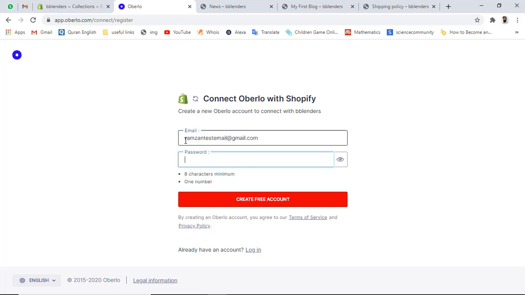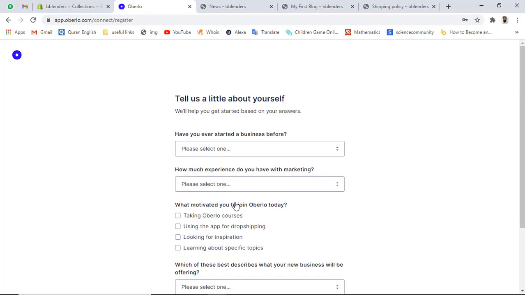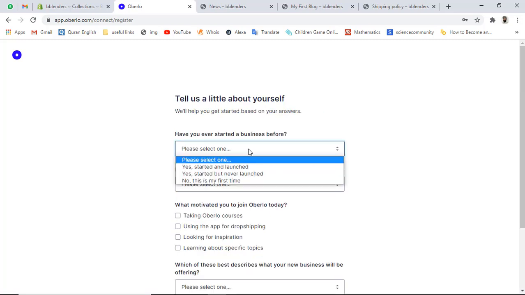And then let me add the password, and this password should be strong. And then finally you need to click on create free account. So in this way you have to fill some details here.